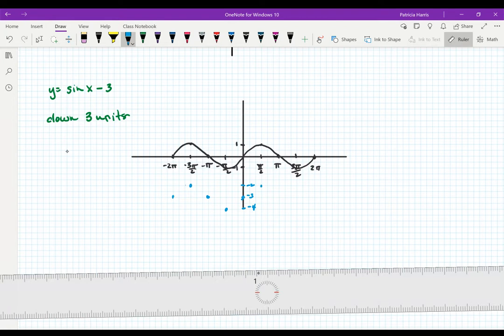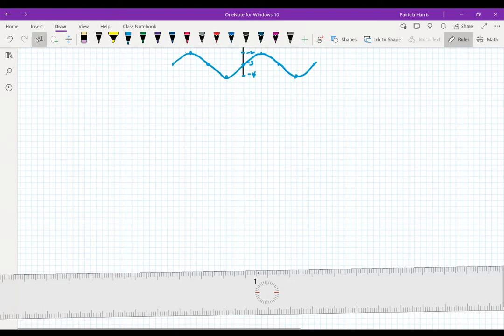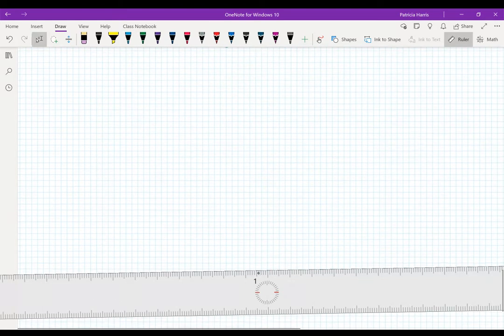And I'm going to try to line this up. And there we go. I have just moved my sine graph down 3 units. All right, let's try something a little bit tougher. All right. Let's do y equals